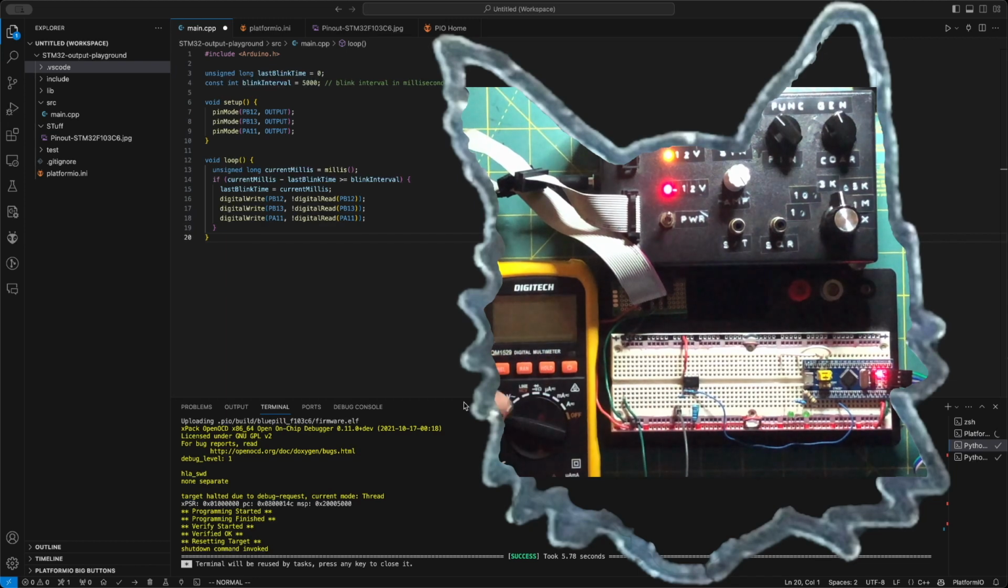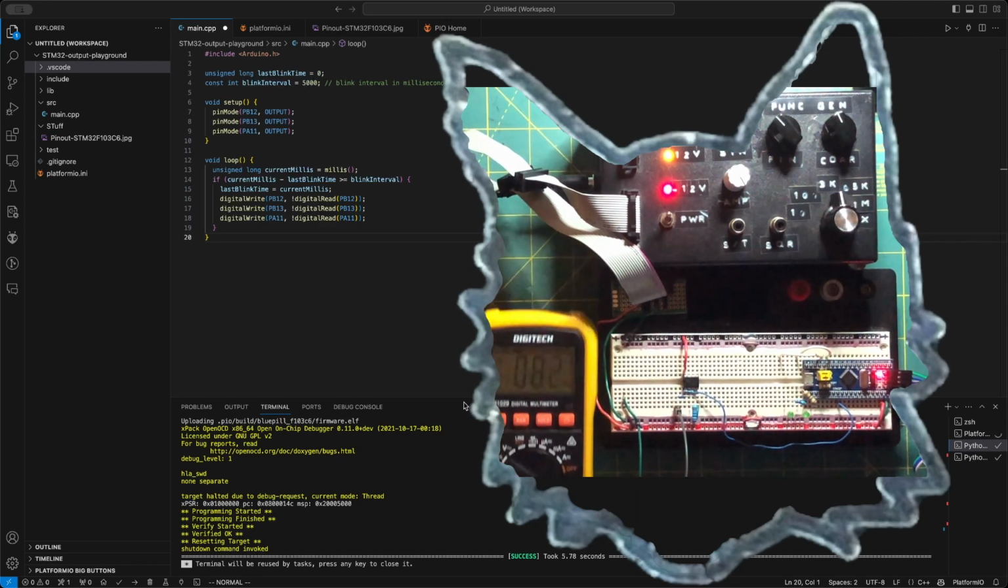First things first. Let's turn this on. Can we see? Yeah, we can see. So right now it's like 8 millivolts. There's nothing going on in there, right? So that's pretty much 0 volts. Let's go ahead and flash